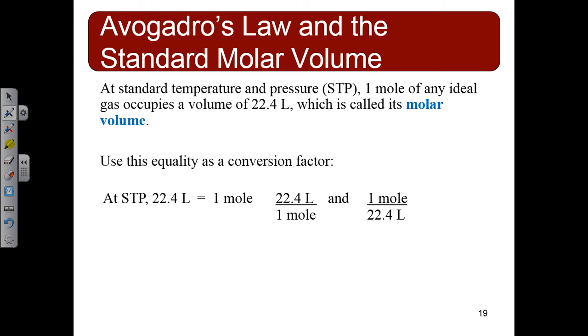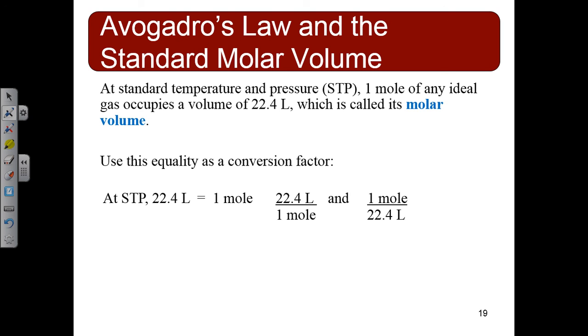This is something that you'll have to remember. There are 22.4 liters of any gas at STP, 273 K or 1 ATM, in 1 mole. This is pretty fascinating to me, probably not to you at this point, but for our solids and liquids, we don't have a conversion like this. For your solids, if the mass is different, then they take up a different amount of space. For a liquid, same thing. If I have more water than somebody back here, this is going to take up more space.